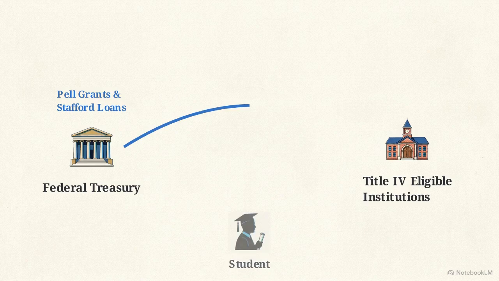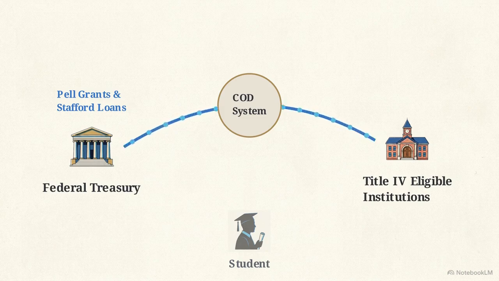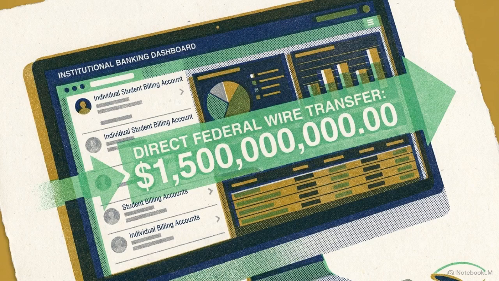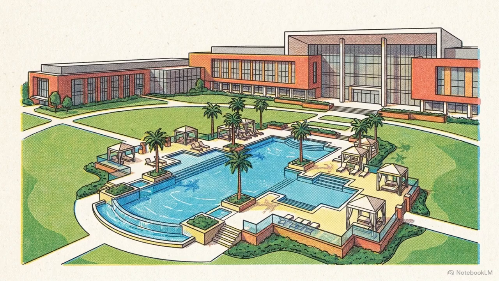These funds bypass the student. They are routed through the common origination and disbursement system and deposited directly into institutional accounts to cover tuition and fees. Bypassing the consumer eliminates traditional price sensitivity mechanisms. When the primary payer is the government rather than the student, institutions are free to increase spending without the constraints